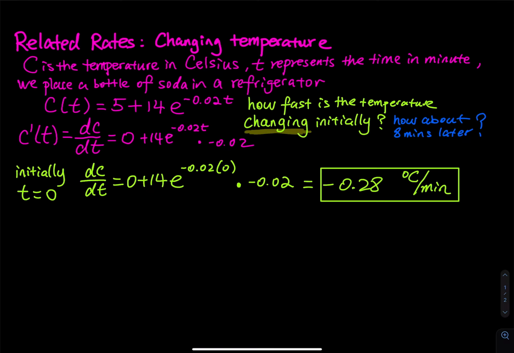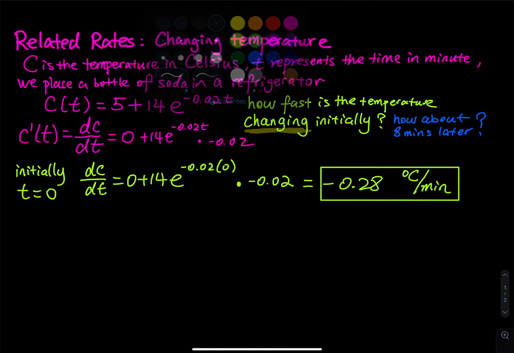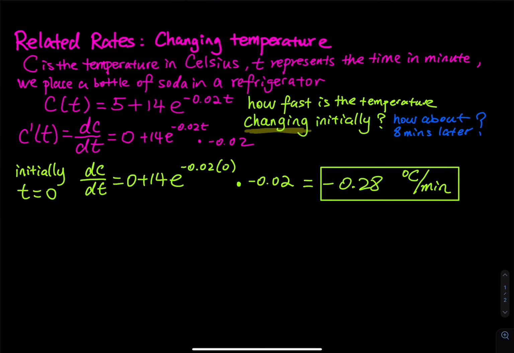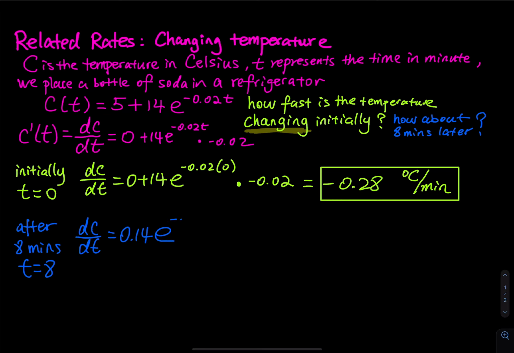And then how about after 8 minutes? So 8 minutes later, let's follow the color code as well. Okay, change that to blue. So after 8 minutes, what happens? You have to plug 8 into the time, right? So t is equal to 8. Then dC/dt is equal to 14 e to the negative 0.02 times 8, times negative 0.02. So that gives you approximately